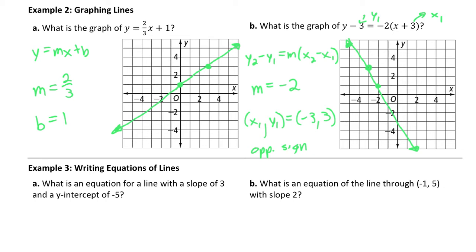And you should know, once you graph a line, whether that slope makes sense. A line that goes up from left to right should have a positive slope, like part A. A line that goes down from left to right should have a negative slope, like part B. We'll iron out the parts where we pick out the points or we pick out the y-intercepts as we go through the practice. Okay? So in example 3,